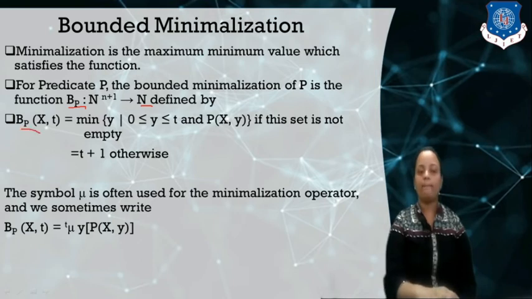Now bP(x, t) is the minimum value y such that 0 ≤ y ≤ t, and P(x, y)